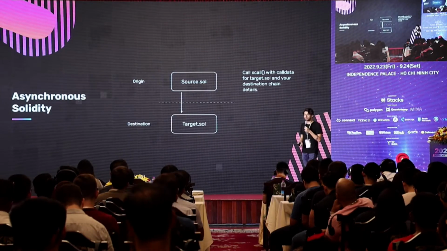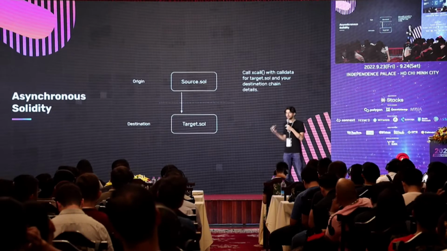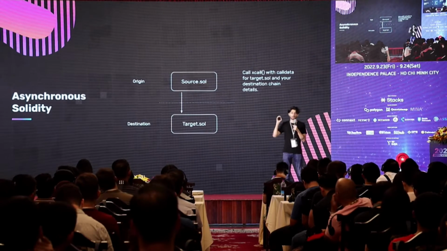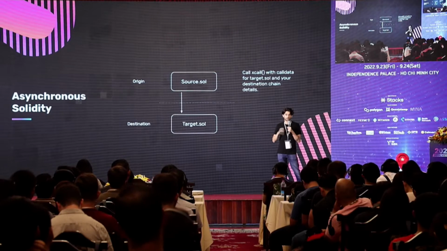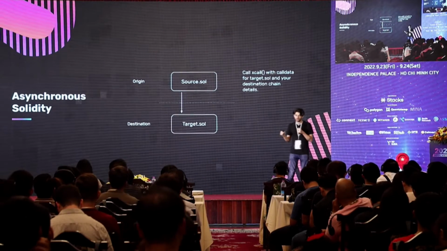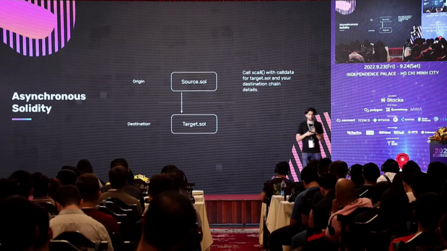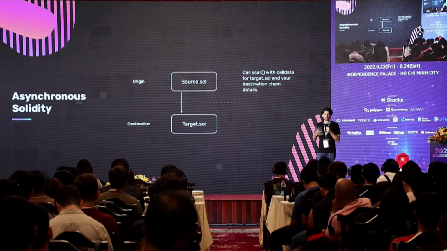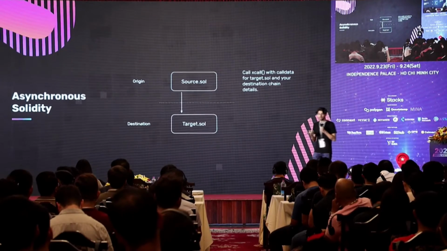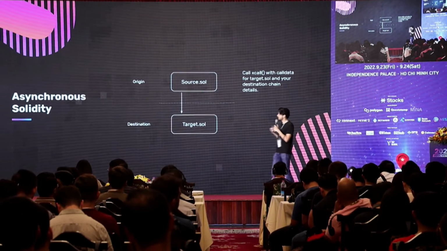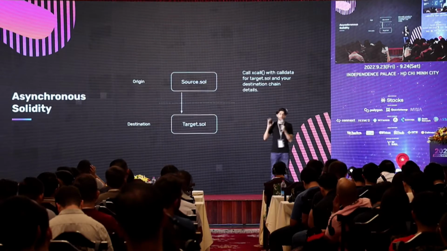xCall works in the same way. With asynchronous Solidity, you can make a transaction to a contract on a different chain in the same way that you make a transaction to a contract on the same chain. But because it's on a different chain, you don't know that that transaction is going to happen immediately. I mean, it's not going to happen immediately, right? It's not happening within the same block like it would in a normal transaction. And so now you have this asynchronous paradigm. You xCall across chains, and just like JavaScript, you can optionally also specify a callback, which returns data from a function on a different chain that you can then use to execute something again on your source contract.